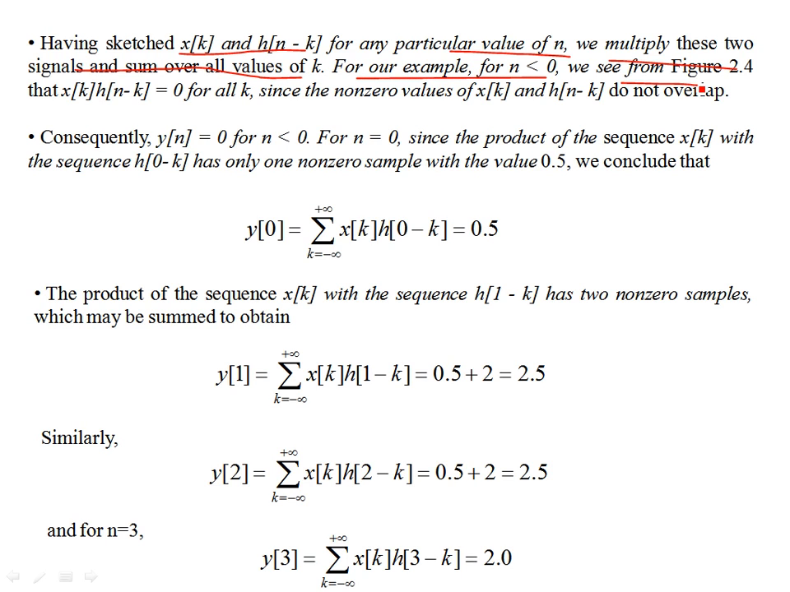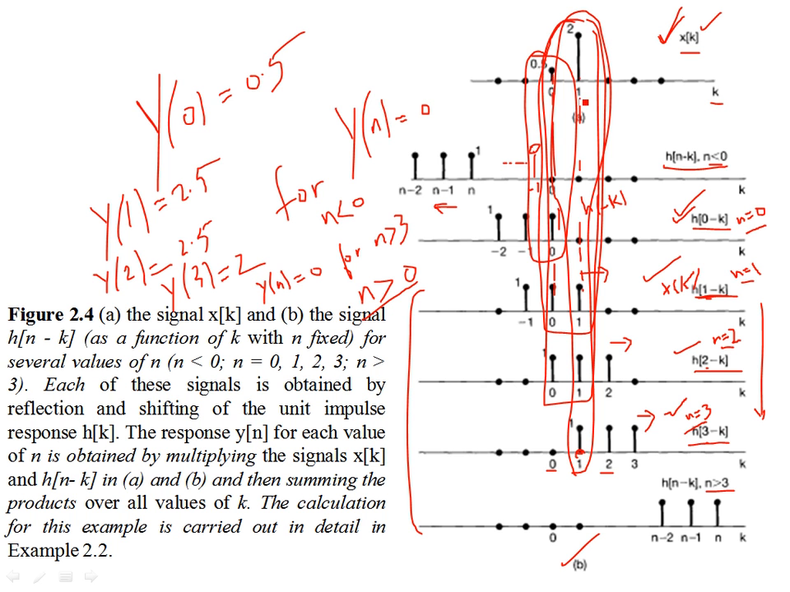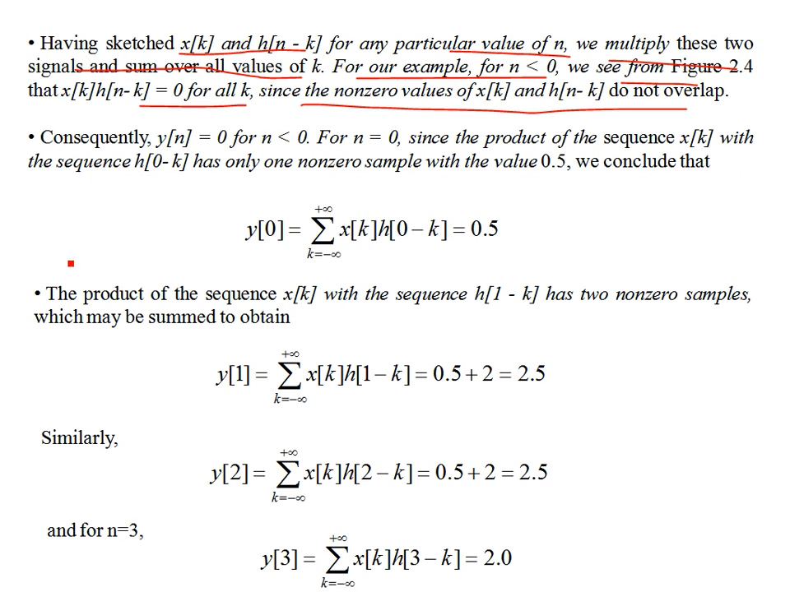For example, for n less than 0, we see from 2.4 that for all k, the non-zero values of x of k and h of n minus k do not overlap. Okay, so there is no overlap. So consequently, y of n is 0 for n less than 0. So for n equal to 0, the product of the sequence x of k and the sequence h has only one non-zero sample with a value 0.5. You can see over here